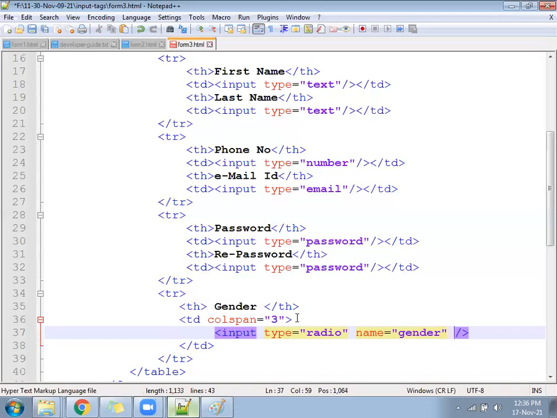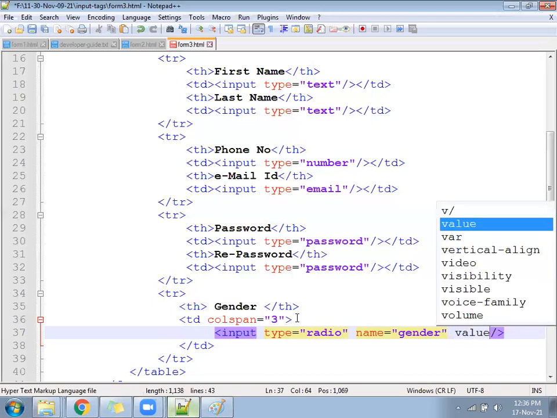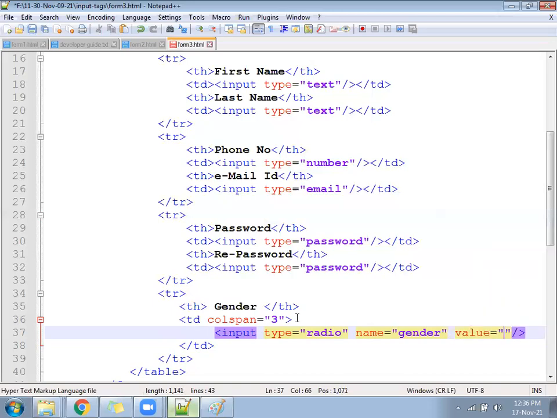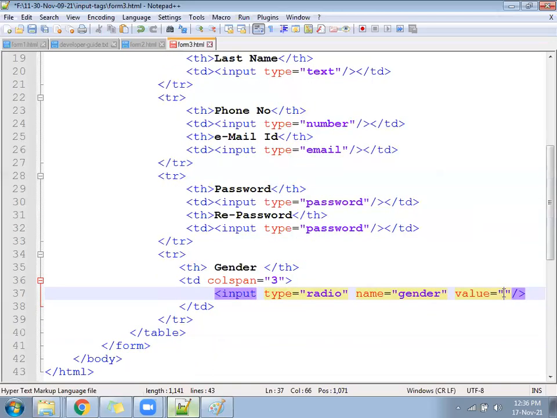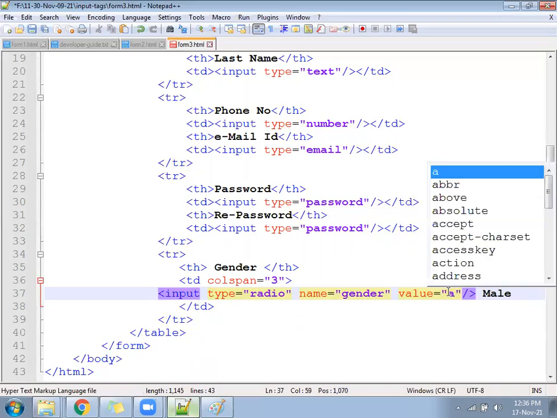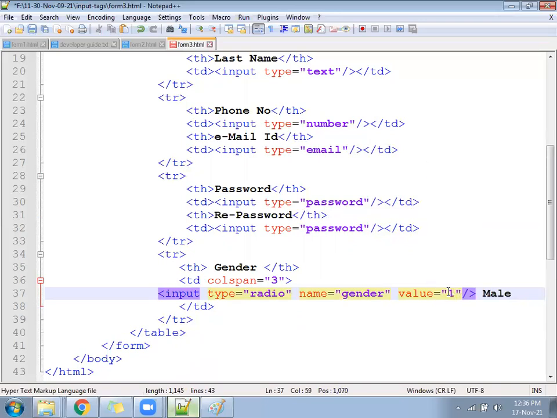Now in a radio button, people are not going to enter the value. You have to write the value here from your side only. What you want to store in the database. So if a person has selected the gender as male, what you want to store in the database, you have to write here. Suppose we give it as 1, maybe 1 will represent male, or maybe we can write here M will represent male. We can write here 0 to represent M.